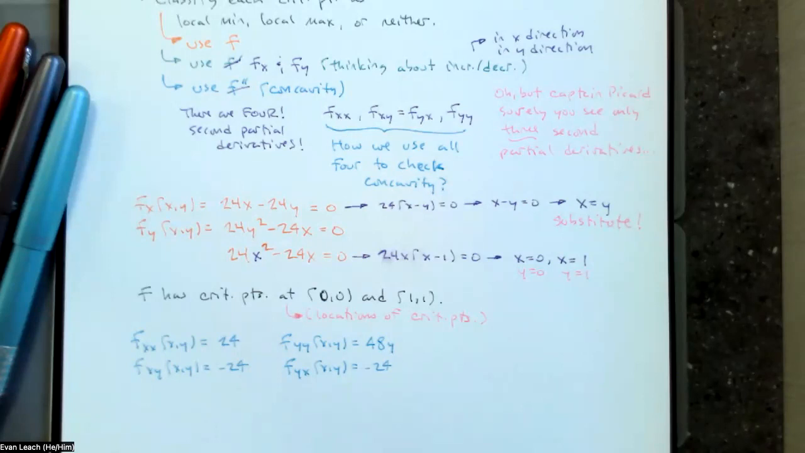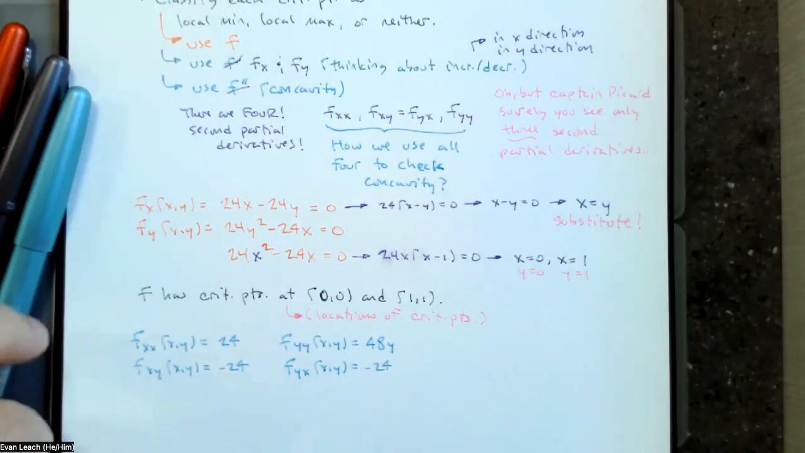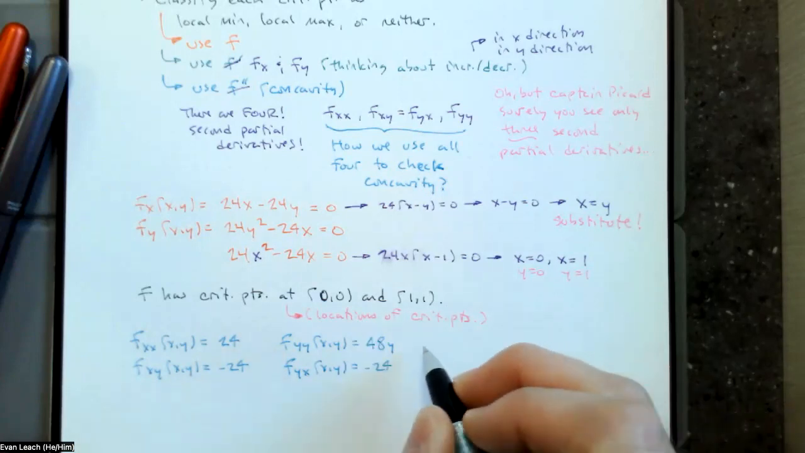So fxx and fxy are going to be positive and negative everywhere, respectively. Fyy is going to be negative when y is negative, and positive when y is positive, and 0 when y is 0. So at our critical point 0, 0,